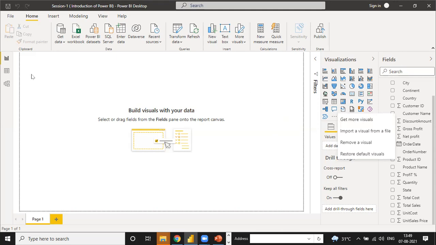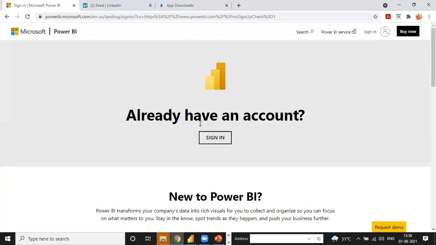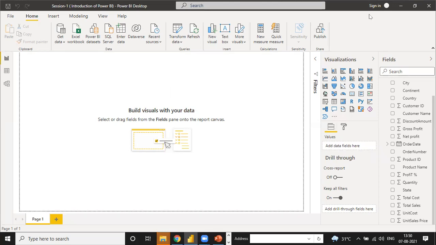See, when you make this report and extract the report, your publish step is now accessible. It means that when you make any kind of report, your data is published into the service. See what is written here: Publish this report online in the Power BI service. If you already have a Power BI account, you directly sign in with the same account. Otherwise, your report is not published.